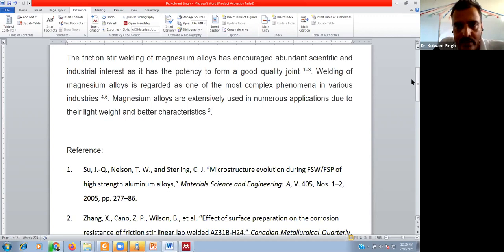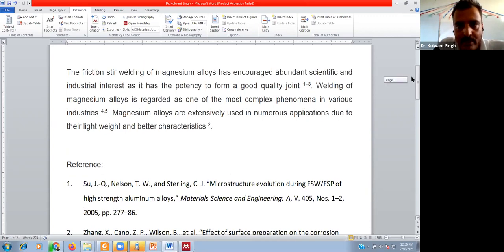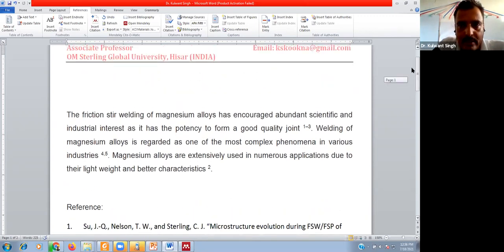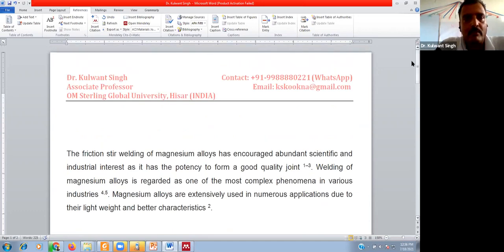In case of any difficulty, I will definitely help them, because this is very simple. But first of all, there are two important things. First of all, we have to add all the documents we want to use in our document to our Mendeley library.